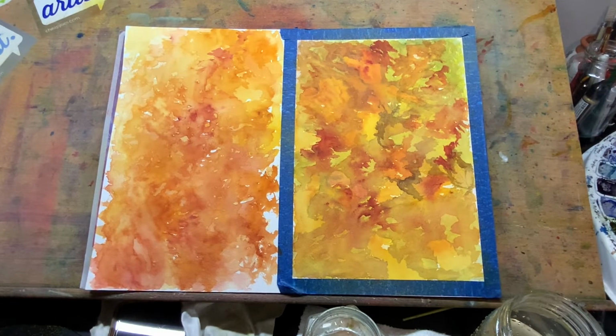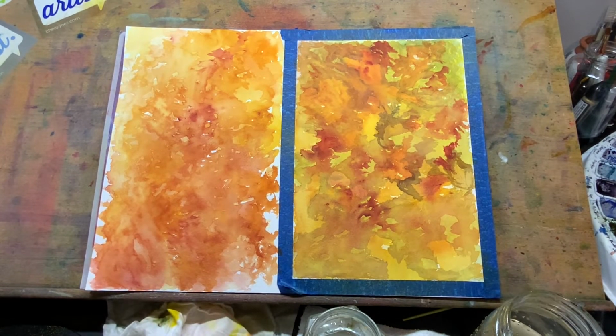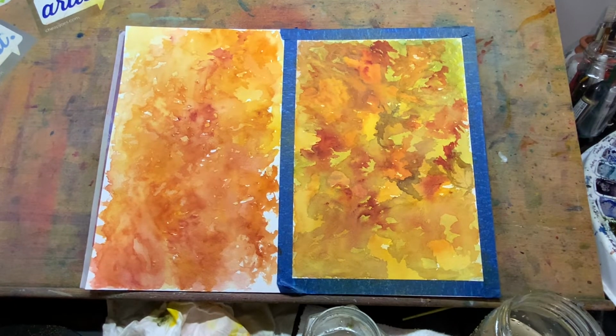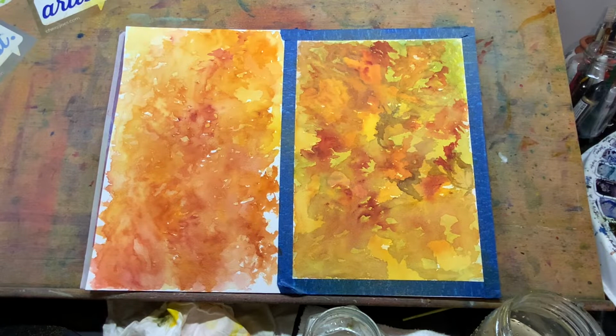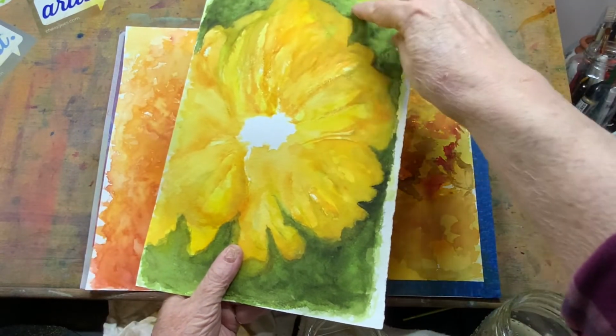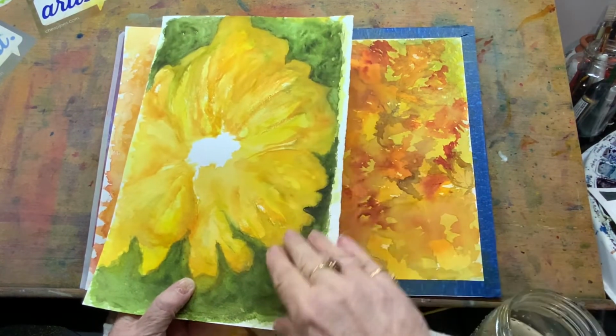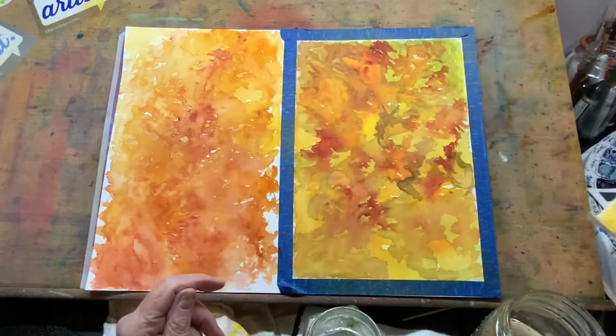This last week, I have been working on practicing my value studies and painting what we call negative space. By that I mean that you leave your lights and darks and then paint around them. You paint around your light areas to create the subject. For instance, I was working on these where I came in and painted around the flower petals. This is incomplete with the dark, and then came back, left the lights, and then came back in. So working in